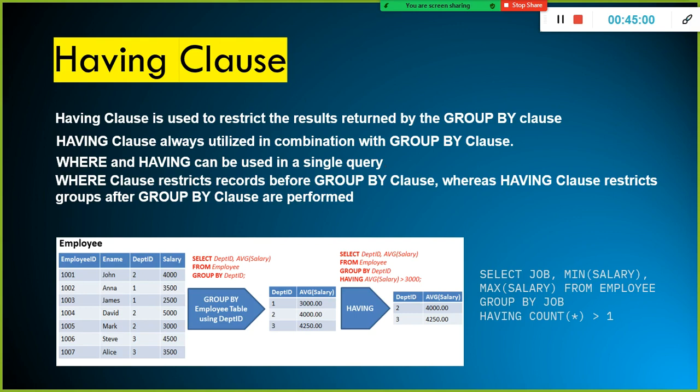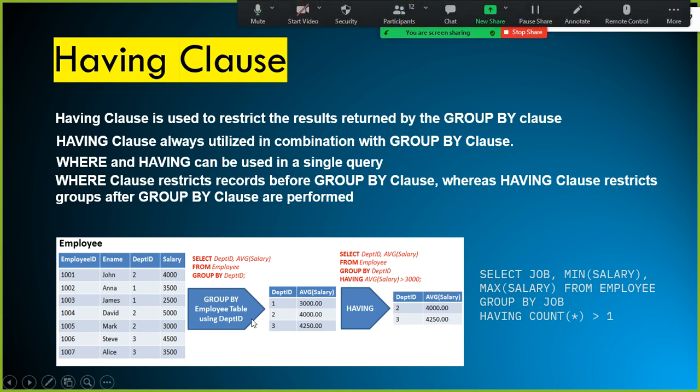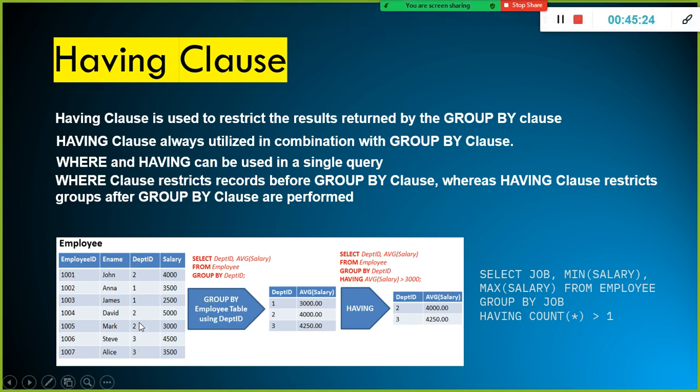So how to write an inline query, and what are GROUP BY and the HAVING clause. The HAVING clause you can use to apply a filter on your grouped values. For example, look at this data set. Instead of going through the theory, what is a GROUP BY? You want to group the employee table by department ID. So all the twos get grouped together, the ones together, and the threes together.